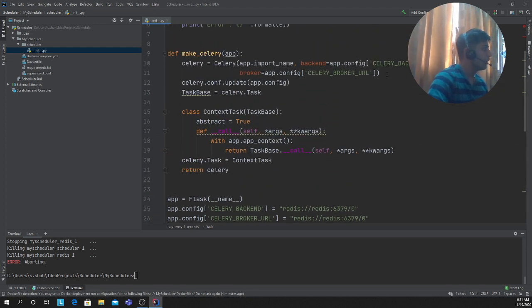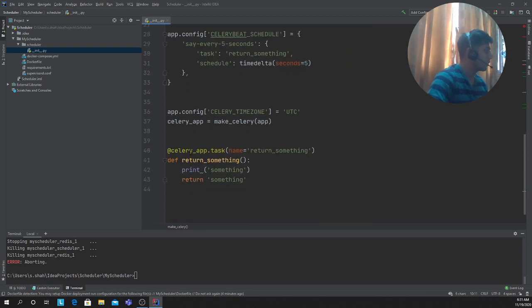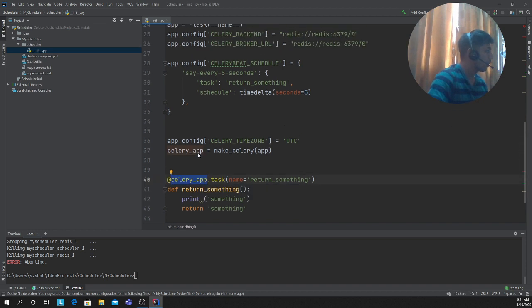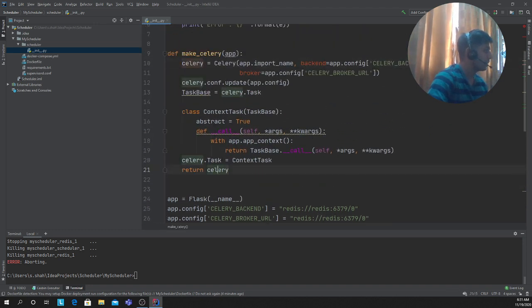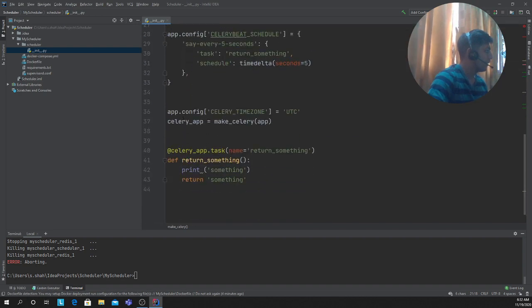Now here it's basically just a simple thing. We're creating an instance of Celery. Whatever function you want to create into a scheduler or a background task, you just decorate that with your instance, right? Whenever you create that object. So in this case, if you see when I created a Celery object right here on the top, it returns a Celery object. It's stored in the variable Celery app, and I'm just decorating that with that.